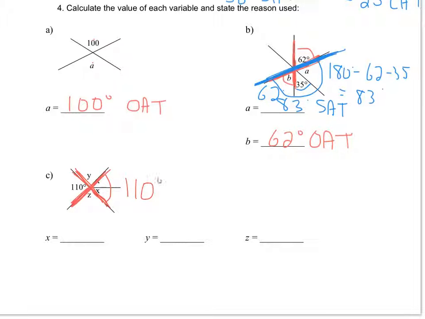So the total value of these two X's is 110 degrees, but I only want one X, so I'm going to divide it by 2. So the value of one X is 55 degrees. And again, I used opposite angle theorem to find that. You could have also made an equation here. You could have said that the two X's